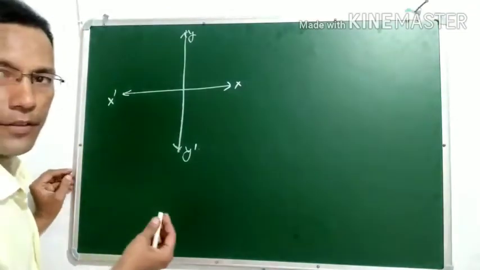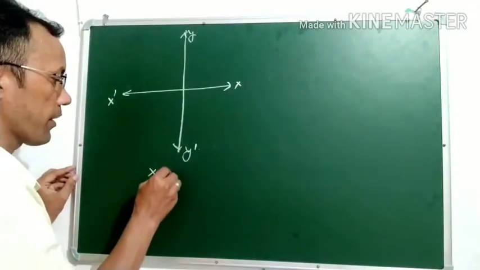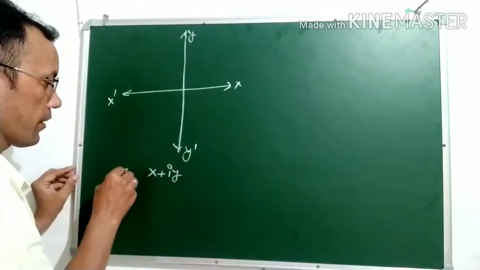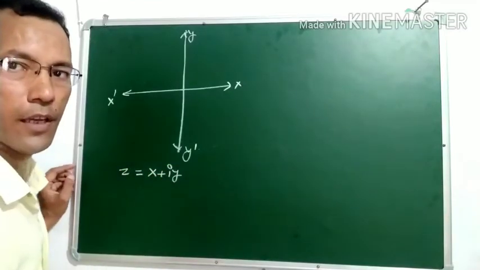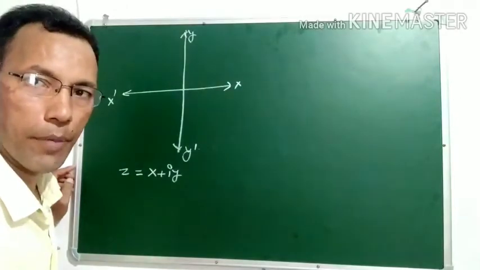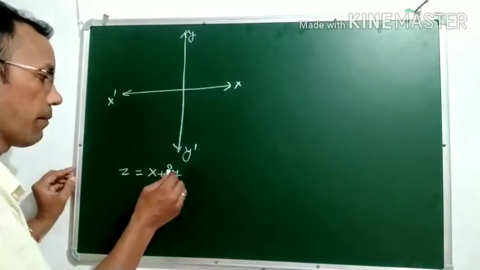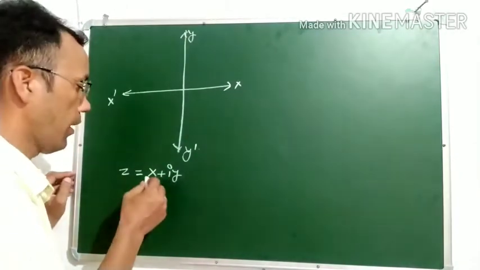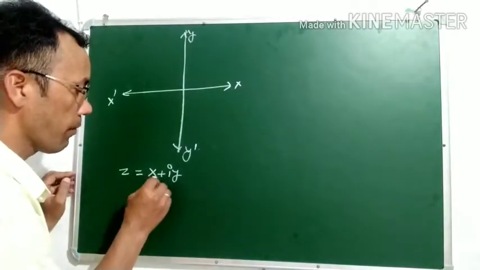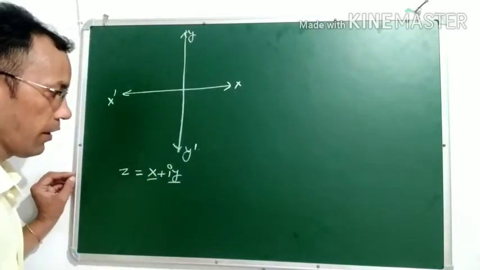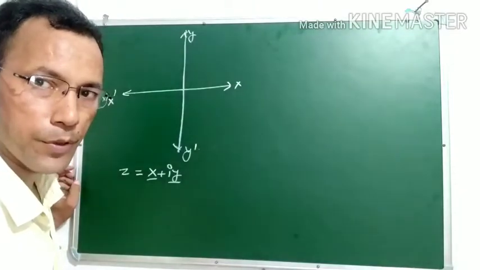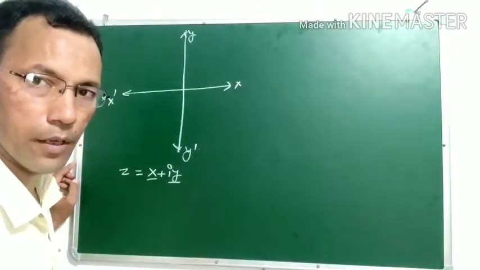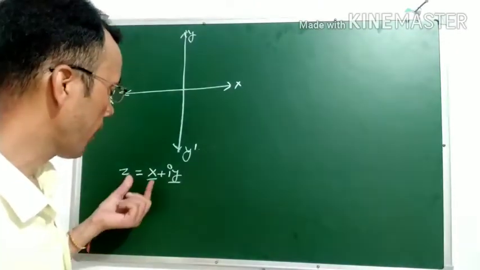Here, for example, we have a complex number. This is x plus iota y. This is z is equal to x plus iota y. This is a complex number, and this is called the imaginary axis, and this is the real part, this is the imaginary part. If you want to represent this on the complex plane,